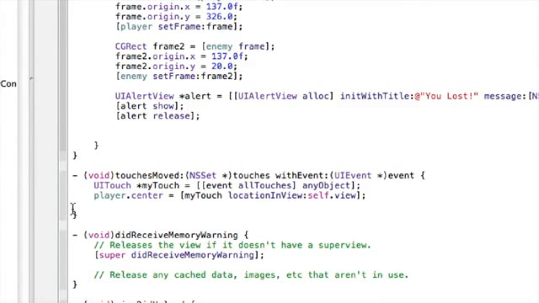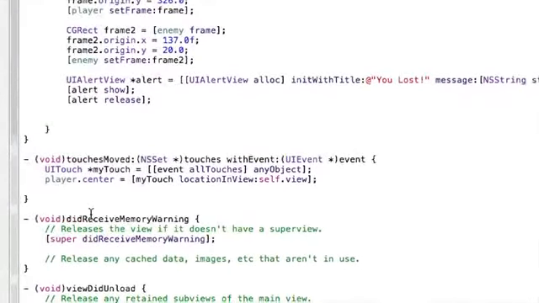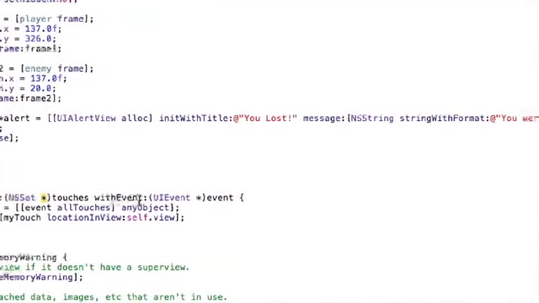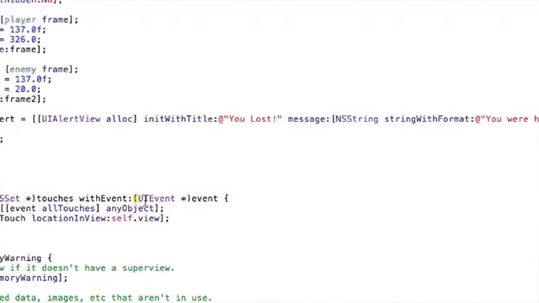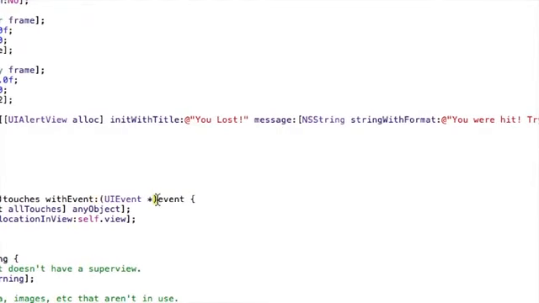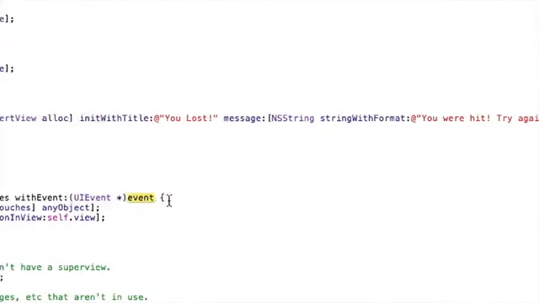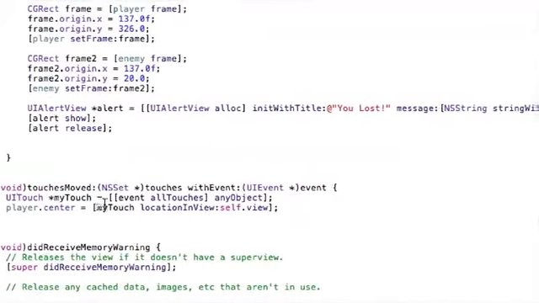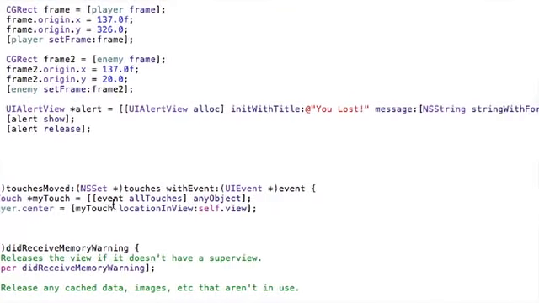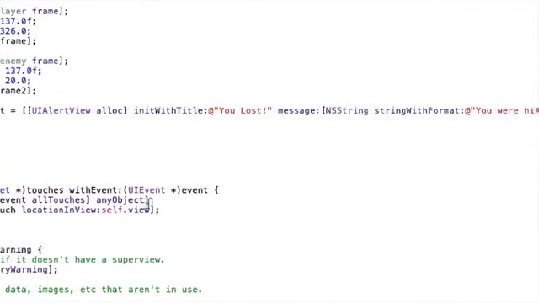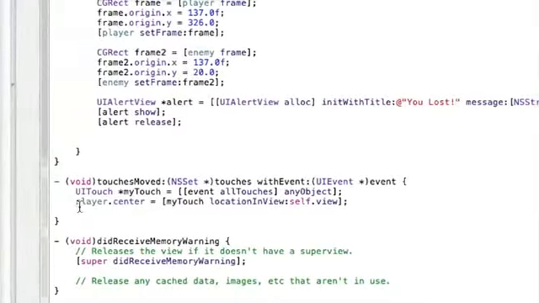So you want to do void touchesMoved, open parentheses, NSSet asterisk, close parenthesis touches withEvent: open parentheses UIEvent asterisk close parentheses event. Open the method. UITouch *myTouch = [[event allTouches] anyObject];